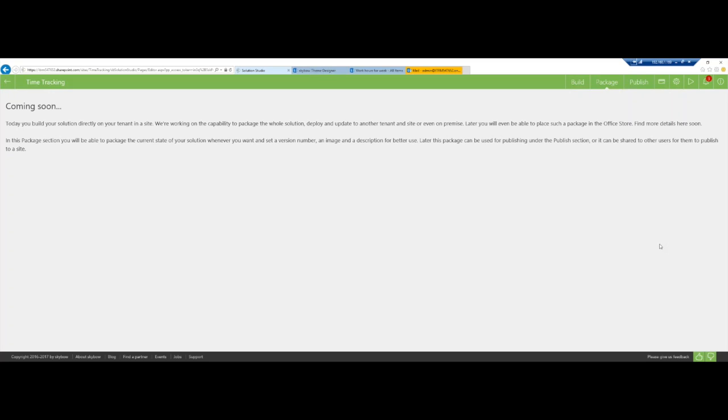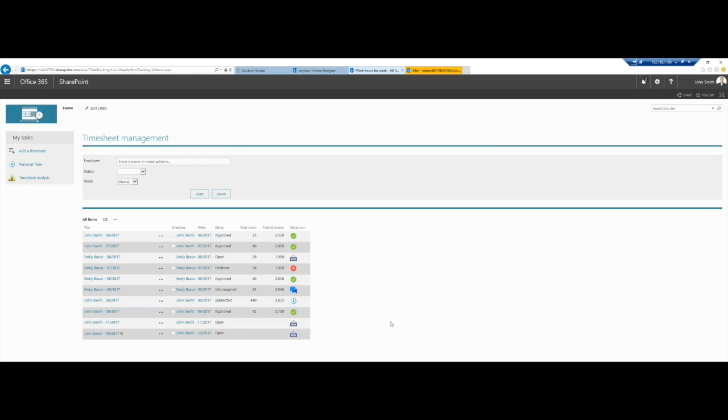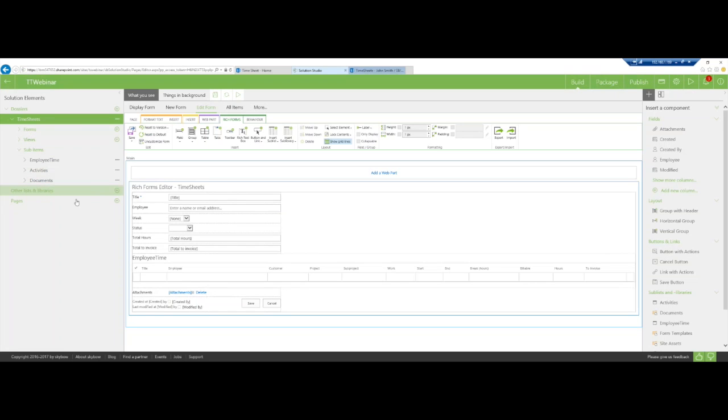These mobile views are not really worked on anymore, even by Microsoft. So what we are going to do is, as soon as Microsoft opens the APIs for the modern pages in SharePoint Online, and if you guys have been looking, for example,